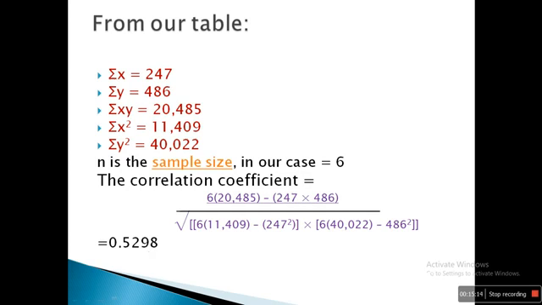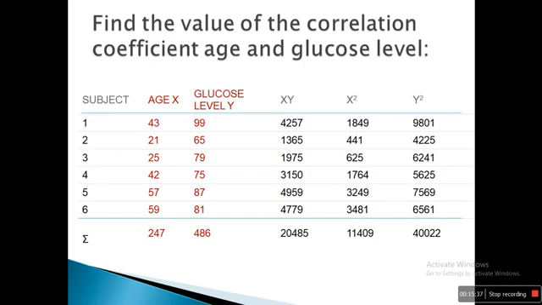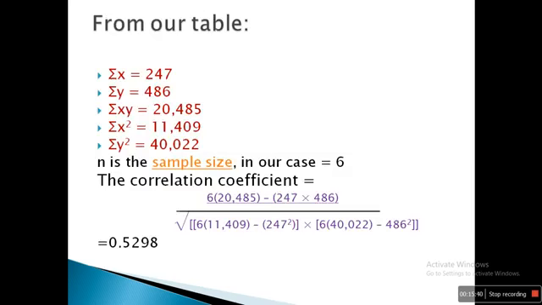Again, come back to the formula and see what we are doing. Come back to the formula, because once we do the calculations, we need to revisit the formula once again and cross check. So once we are through with the formula, we are going back to our solution, and our correlation coefficient is